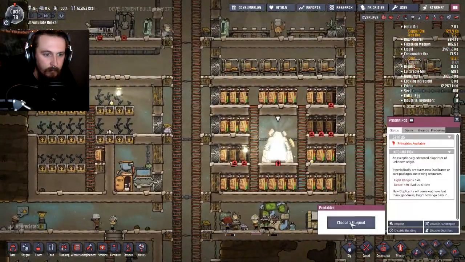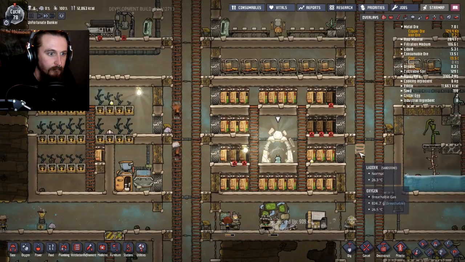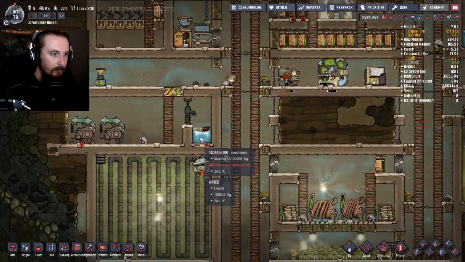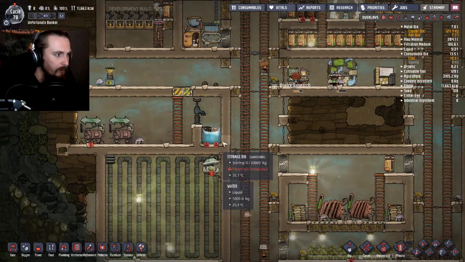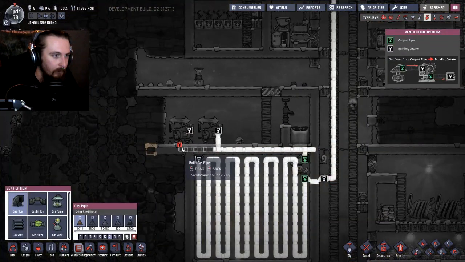What has my printing pod got for me at the moment? Ooh, 2,000 kilograms of water. I tell you what, yeah, we're going to have that. We're going to print that. Thank you very much. I don't think that's going to be too much. That's going to be like a 2x2 space. No, that's going to be a 1x2 space. But it's something. It's clean water, and that's...